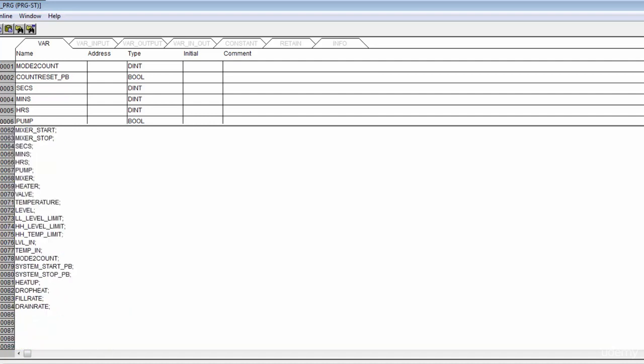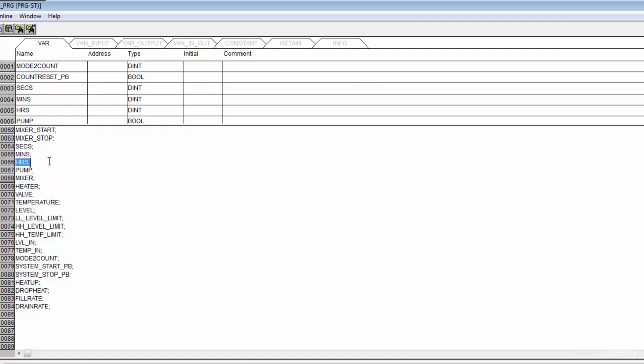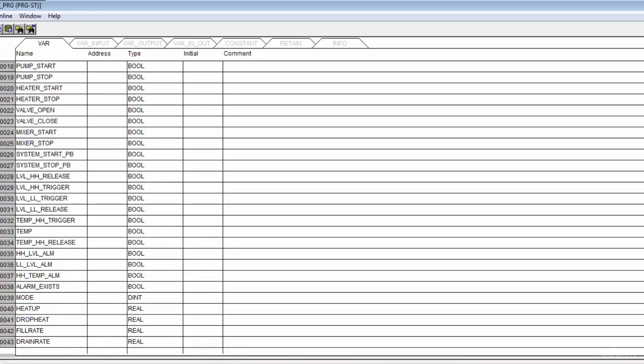So, all of my start and stop triggers for my devices, for my alarms, all of my actual alarms themselves, the level, the temperature, just the things that we actually defined from inside of this main routine, which, scrolling down this list, looks like maybe 40 things. It's not a big deal. But I'm going to have to go back and now insert all of those into the global variable list